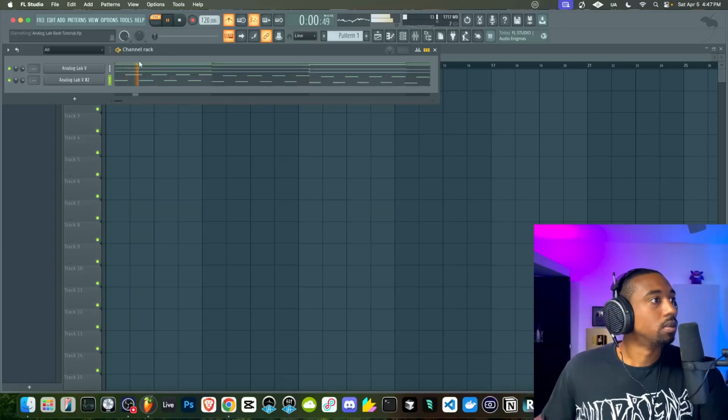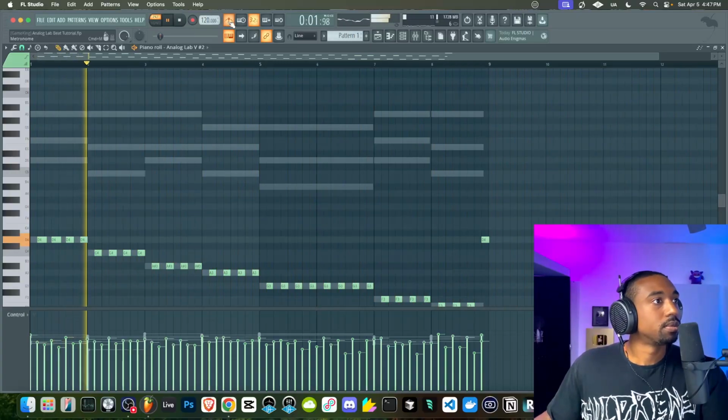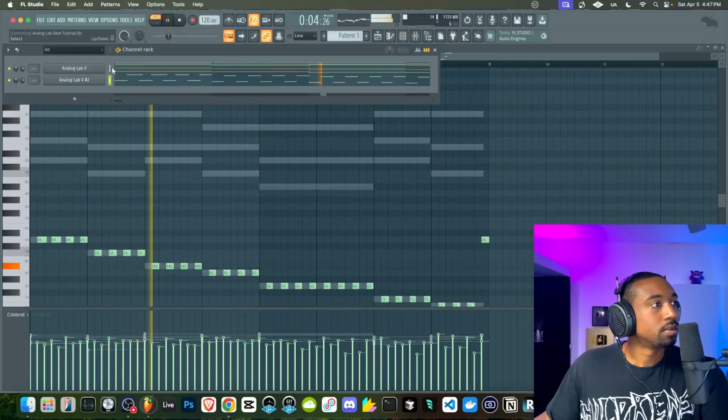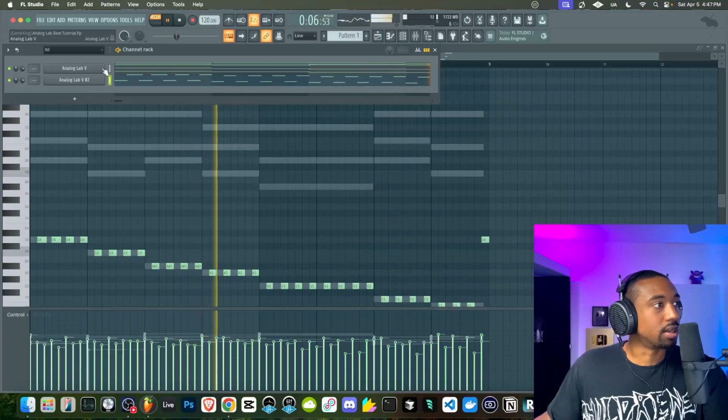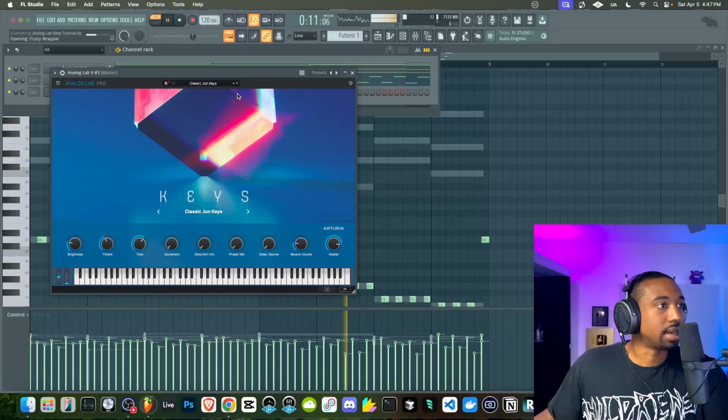Okay, so let's quantize that only because I got a little off track. So far, so good as far as the sound selection. You really don't have to think too hard with Analog Lab. It's pretty straightforward so far. Now let's add a top line.